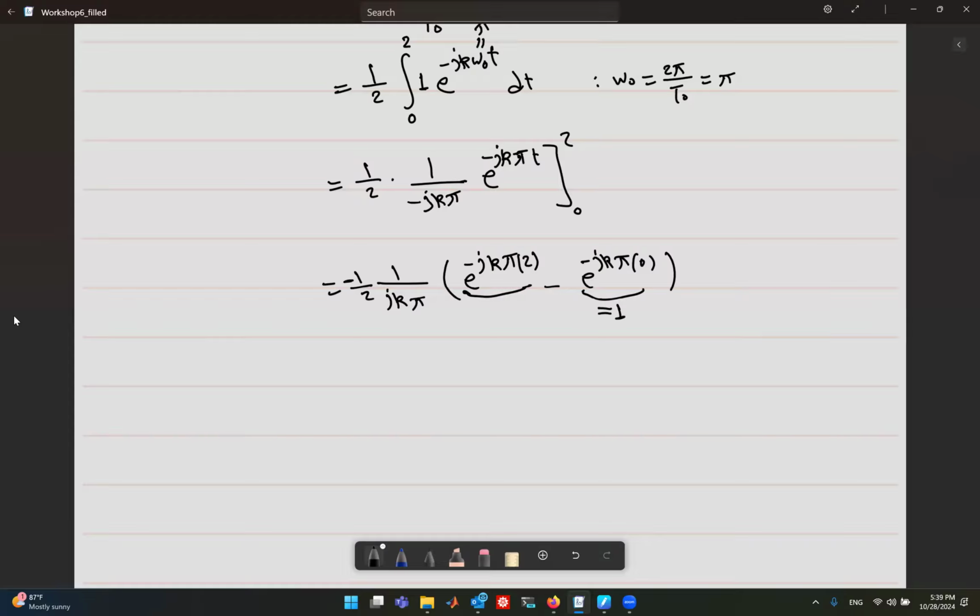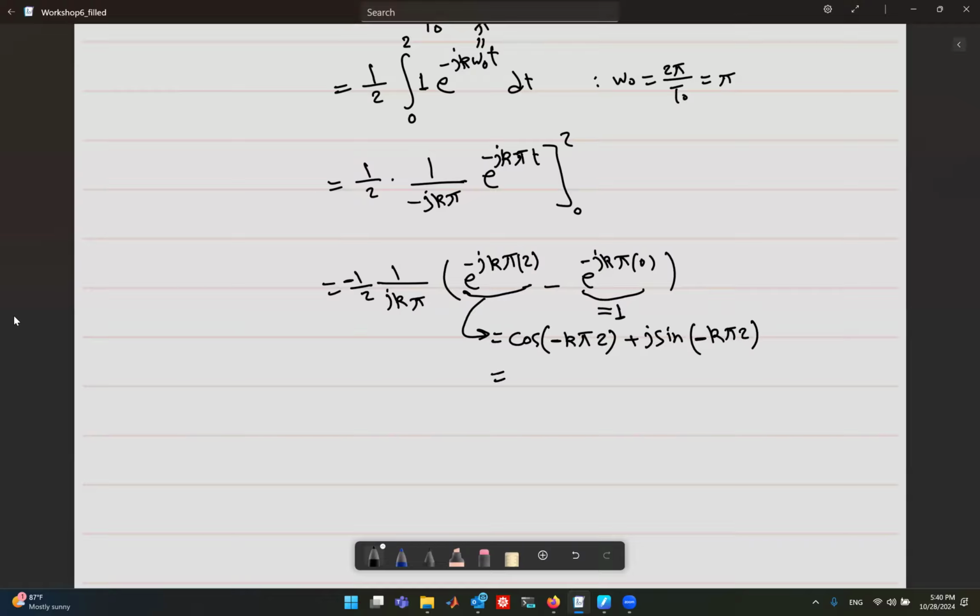Okay, using Euler's formula, this can be written as cosine minus k pi, I'll keep the order, k pi 2, plus j sine minus k pi times 2,